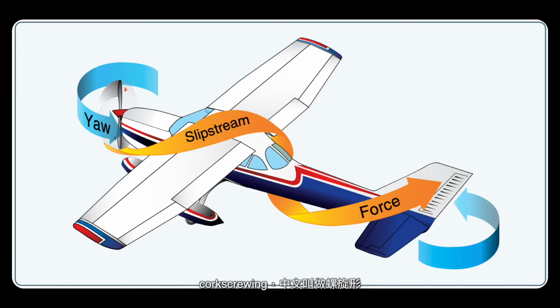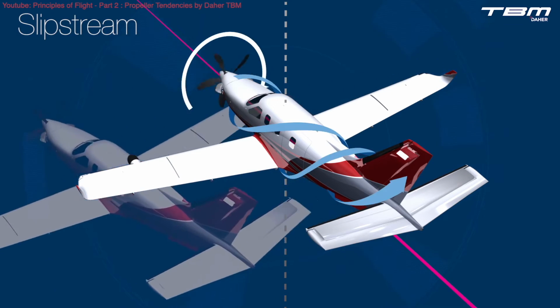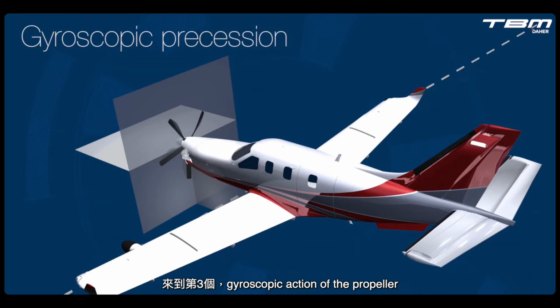corkscrewing 中文叫做螺旋形。螺旋槳嘅高速旋轉令 slipstream 螺旋形咁向後流動。當螺旋槳轉得好快同飛機好慢嘅時候，例如起飛嘅時候，slipstream 對飛機嘅影響就會非常明顯。佢會喺飛機嘅 vertical stabilizer 表面施加強大嘅力。當螺旋形旋轉嘅 slipstream 撞擊 vertical stabilizer 嘅時候，會導致飛機向左邊喐。slipstream 越緊湊，撞擊力就越突出。但係隨住速度嘅增加，螺旋形旋轉嘅 slipstream 會拉長並且減少對飛機嘅影響。嚟到第三個 gyroscopic action of